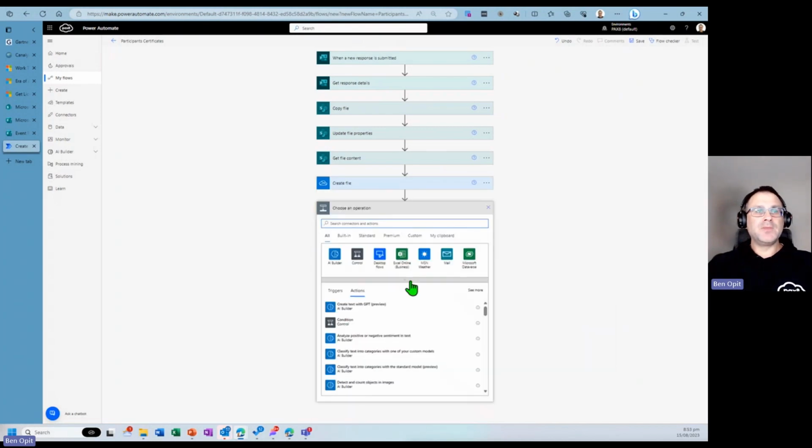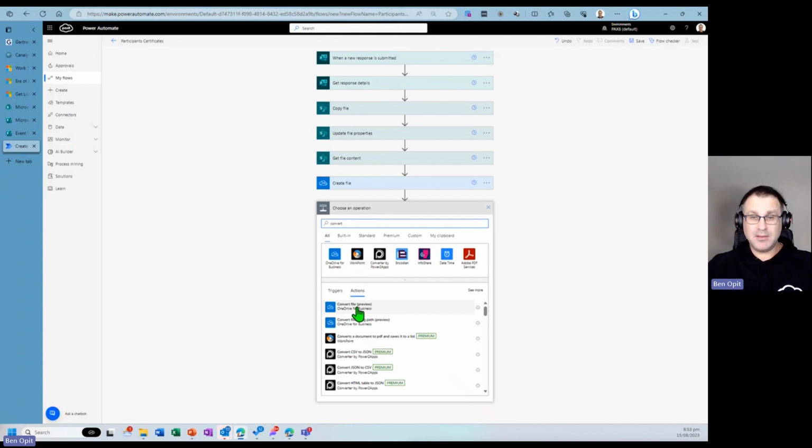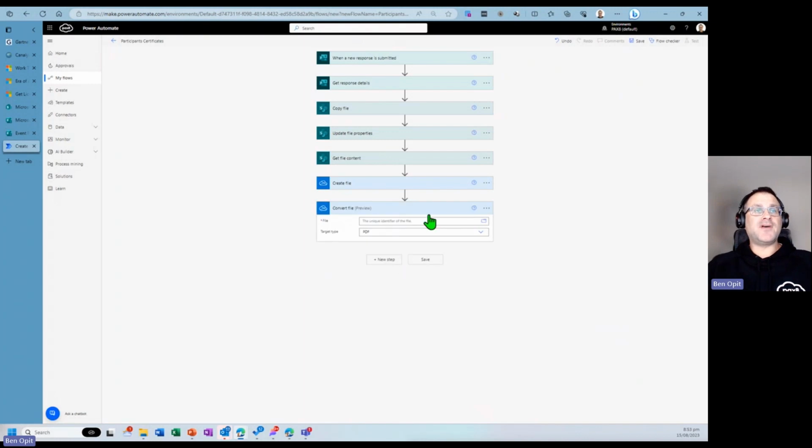If I go to next step, our next step is to actually convert the file. So I'm going to type convert, and I'm going to convert this file. It's in the preview state at the moment, which means it's a preview feature. It could disappear. It's been around for a little bit, so it's probably going to come out of preview at some stage, but be aware. So this flow may fail in the future, and it may be because of this preview being converted into a V2 as an example. So convert file,